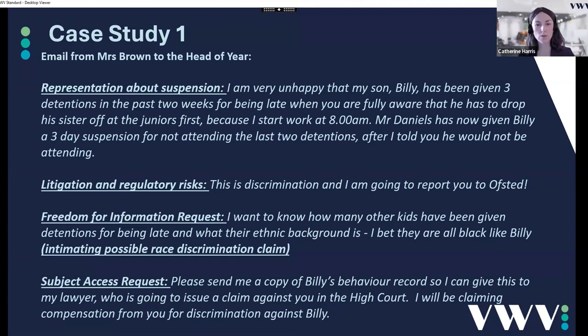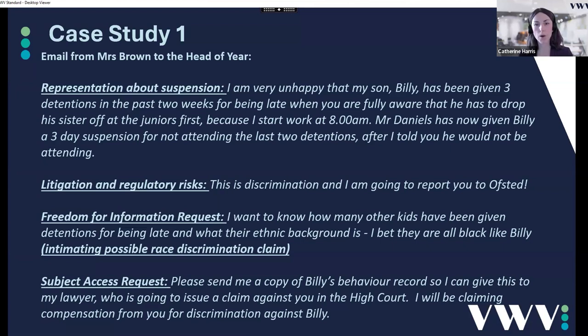But what you'll see when you actually read the paragraph in full is that the parent is actually complaining about a suspension, and it's therefore a representation about an exclusion, which therefore triggers the statutory exclusions process. I just wanted to flag that you might think the first sentence should be dealt with under the complaints policy